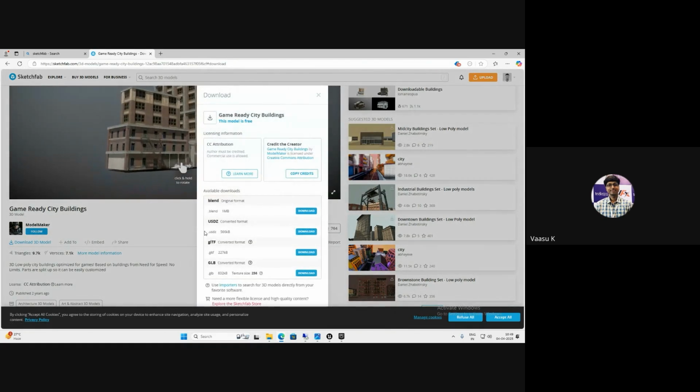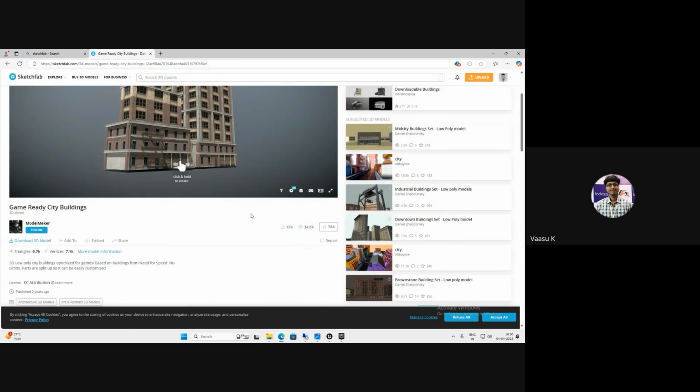Okay, just click on the download. So here are the different styles of the assets: USD, GLTF, and GLB. You can use a GLTF, or better, you can go for the USD files, where it is going to be aligned as separate folders. But you need to enable those things. Enable the plugin in your Unreal,